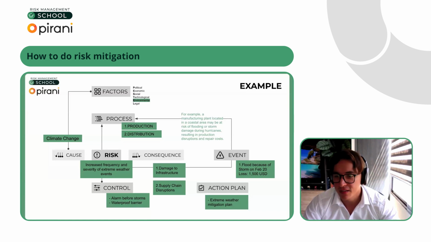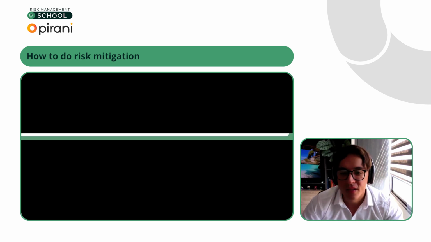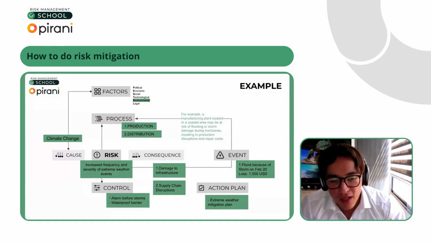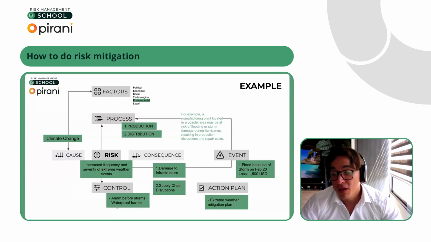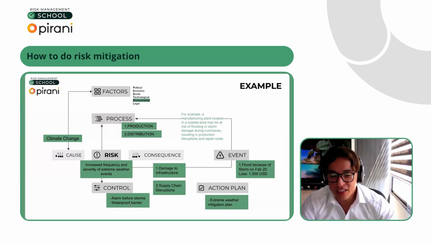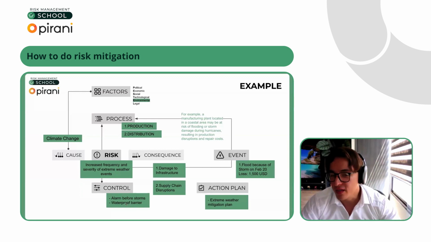You can put it in the chat. And some of you put it to the host only, but you should send it to everyone so that everyone can see. And another control maybe will be a waterproof barrier. What category of control do you think the waterproof barrier is? Is it preventive, corrective, or detective?